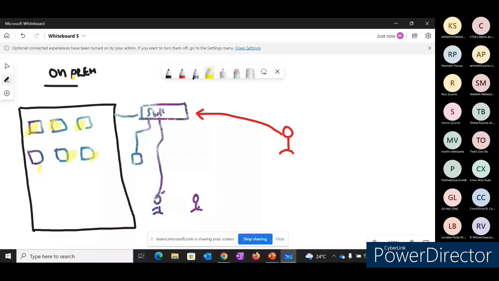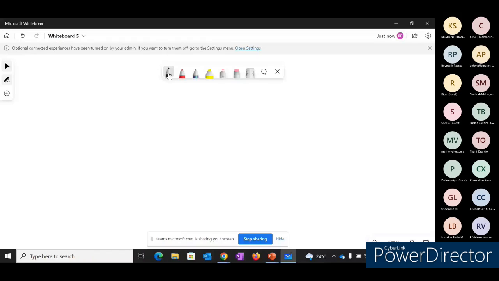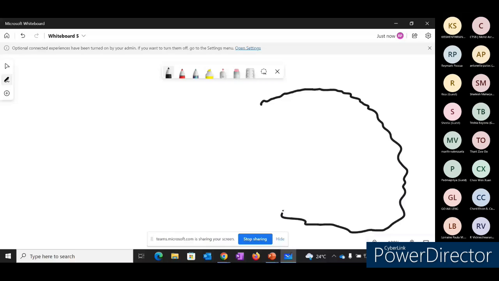But when this comes into the cloud scenario, all your servers or all your network equipment or your security equipment, all your infrastructure assets, are hosted inside the cloud service provider. Who is the cloud service provider? This is called a CSP. So you'll have a cloud. Inside a cloud,